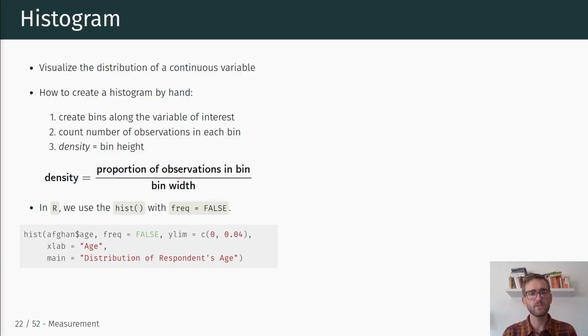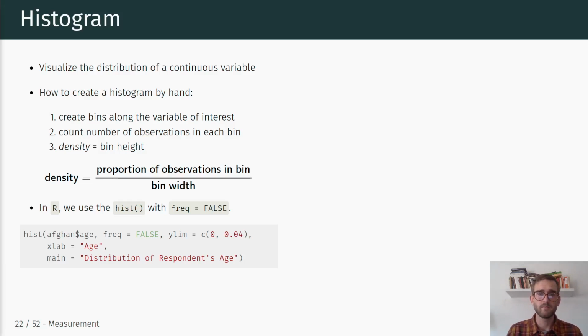And so one way to characterize this distribution of a continuous variable is to create bins along the range of the variable of interest, right? So if the variable ranges from 0 to 100 or something like that, we can create bins from 0 to 10, 10 to 20, 20 to 30, and so on, and then count the number of observations within each bin,